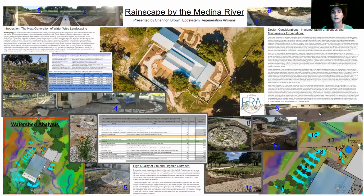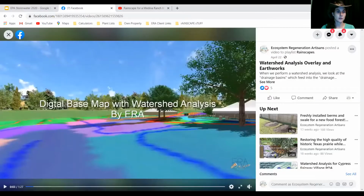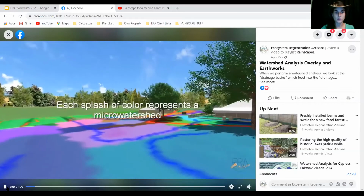Shannon Brown. I'm here with Ecosystem Regeneration Artisans to present this green infrastructure project that is Rainscape by the Medina River. We captured 16,553 gallons in the earthworks alone here, but if we calculate the soil as well, we get greater water storage capacity. I'm going to talk a little bit more about that later, but first I want to give you some